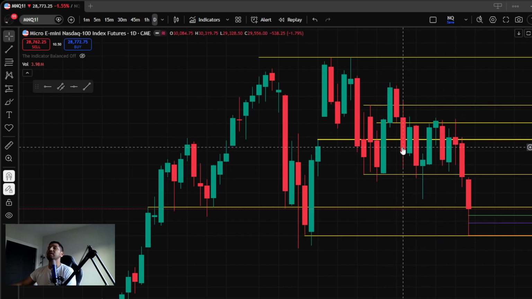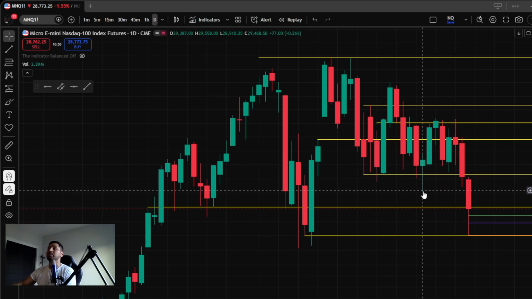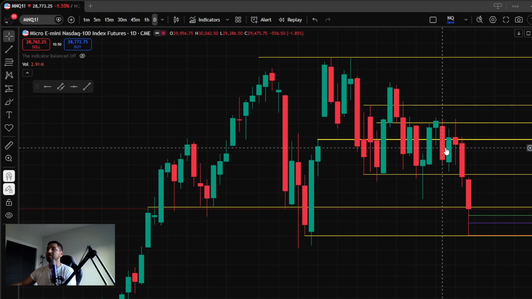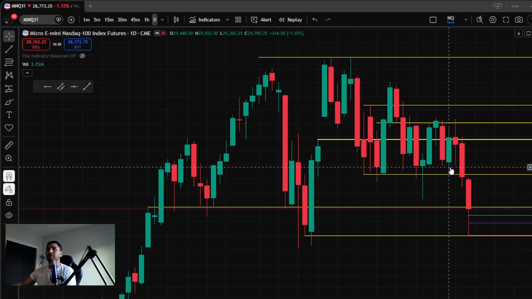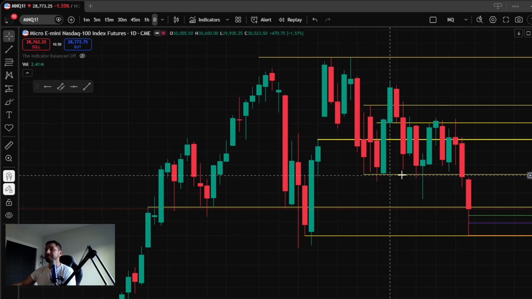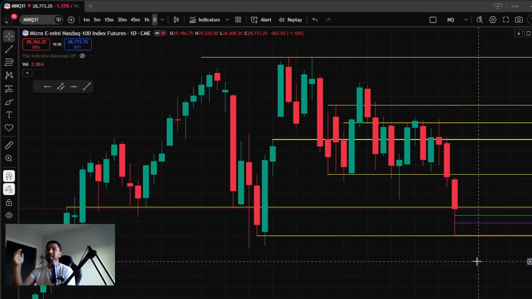So still relevant. Right here, we traded above it. Right here, we broke below and closed above. So that level is still relevant. Right here, we broke pretty aggressively to the downside, but closed above. So that level is still relevant. And then right here, we made a low of 29,303, about 40 points away from this level here, and here. So on Thursday, when we closed lower than this 29,263 area, I knew there was a higher probability,